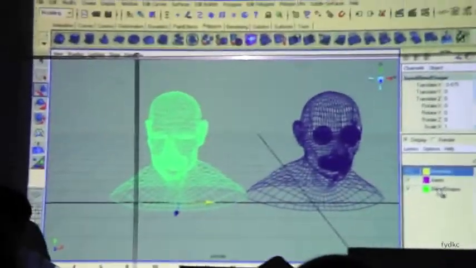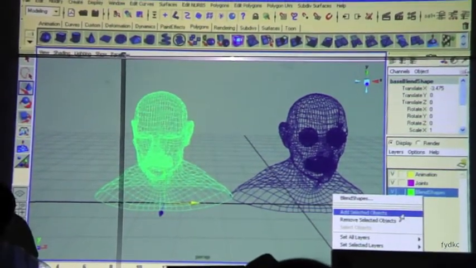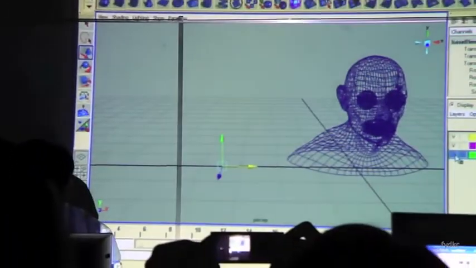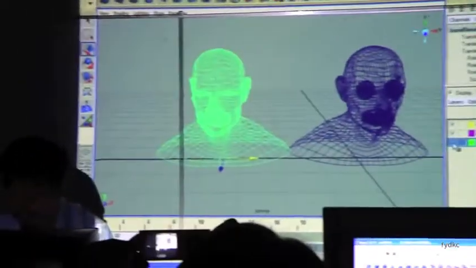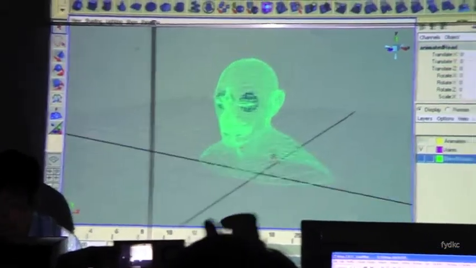Alright, and I'm going to right mouse click the layer called Blend Shapes, select it, and right mouse click it and go to Add Selected Objects. So I can easily hide my blend shapes whenever I need to. Alright, so let's hide that for the moment. And let's work on getting joints